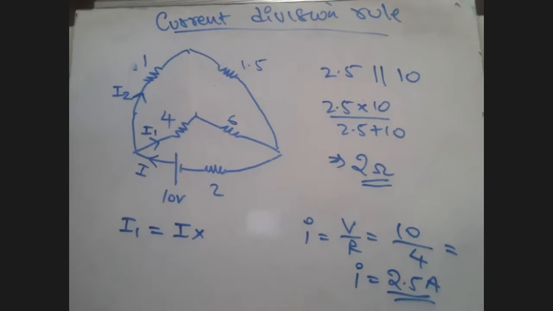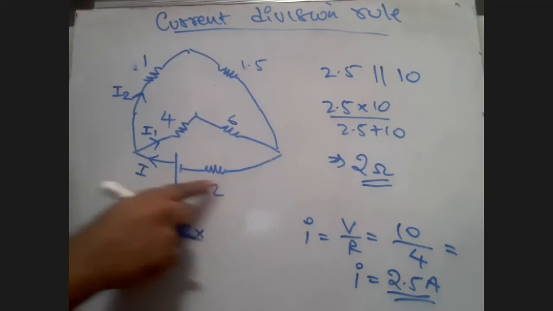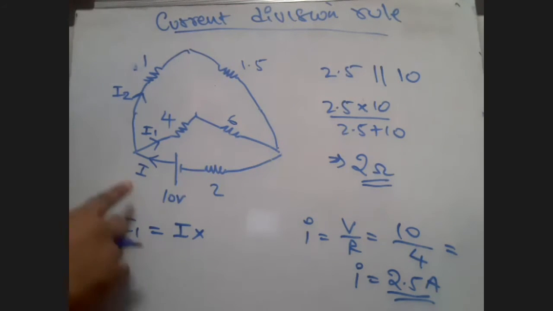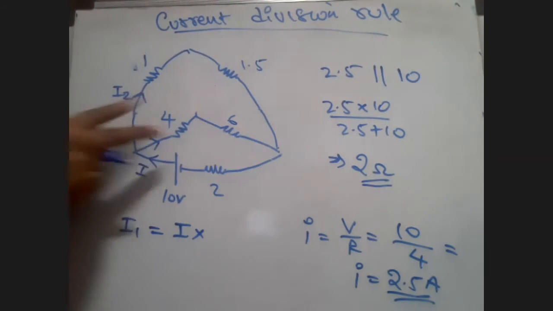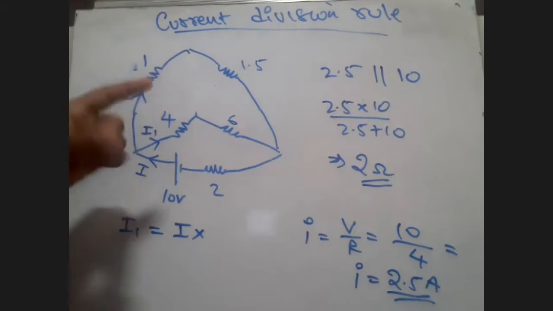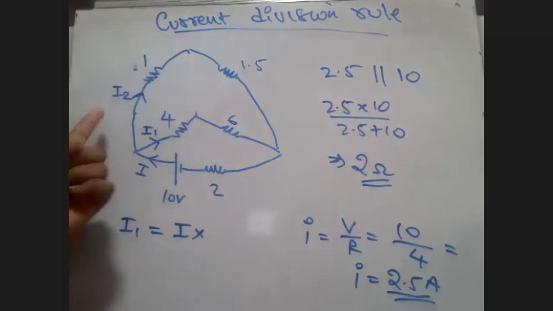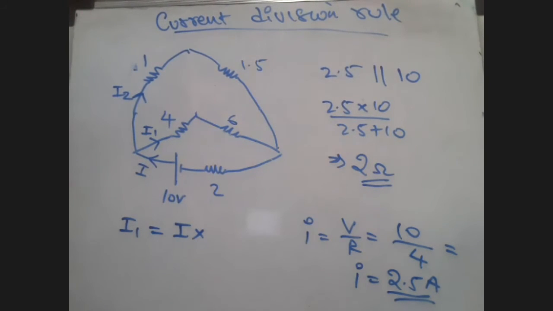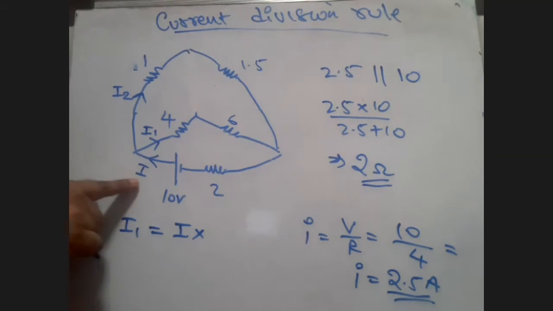Now again you will tell me, sir, it is 2. No, it is not 2. You have to only consider the branch through which current is being divided, not the branch through which the total current is passing. That is the concept here. I want you all to be very clear that you will not consider the resistor which has the total current coming through the two branches, I1 and I2. The opposite resistance will always be the resistor which has a subset of the incoming current.